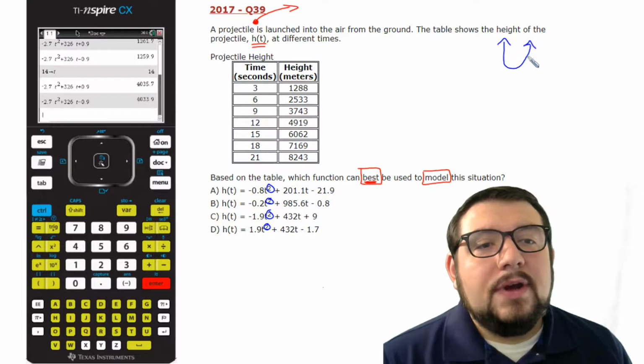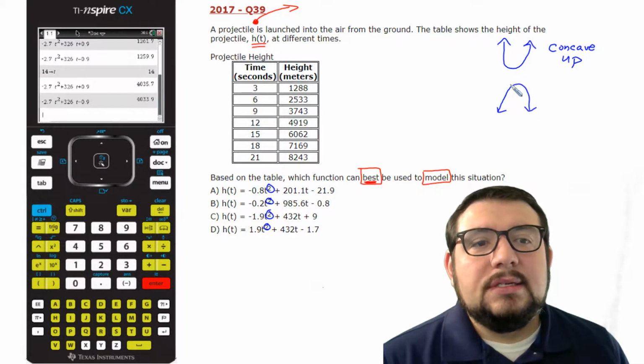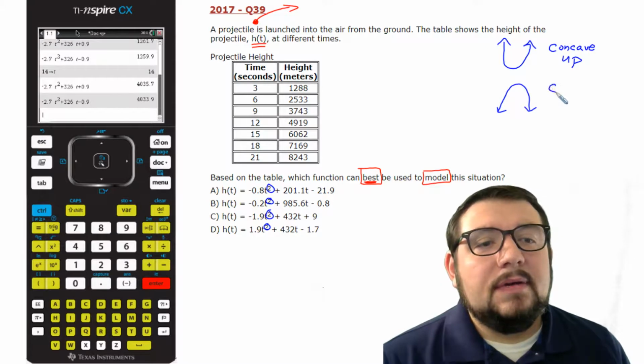okay, and that is a quadratic function, and we call that concave up. And then we also have a frown. This is also the shape of a quadratic function. You can see they're kind of the same shape, but they're just flipped around. And guess what that one's called? Concave